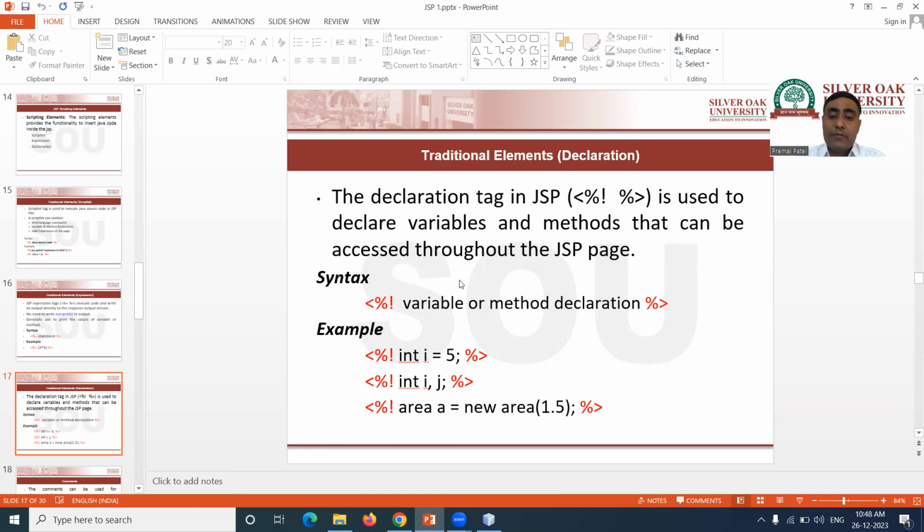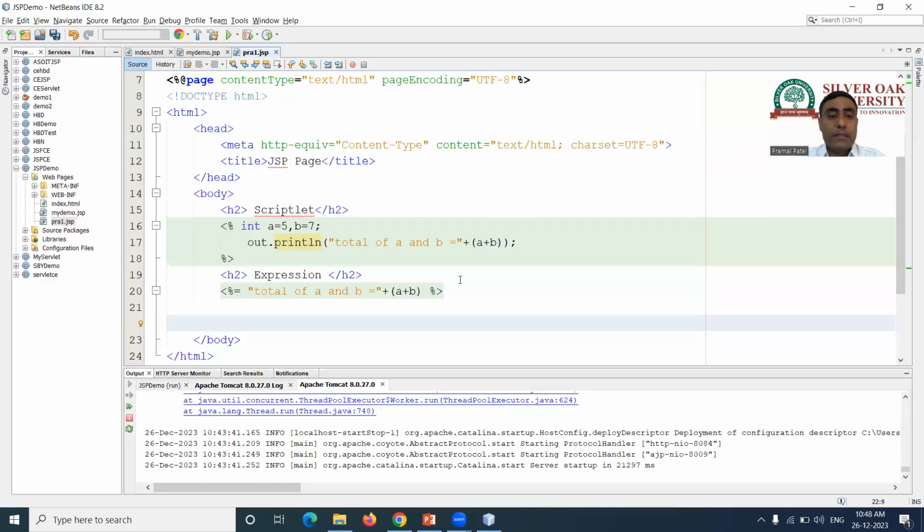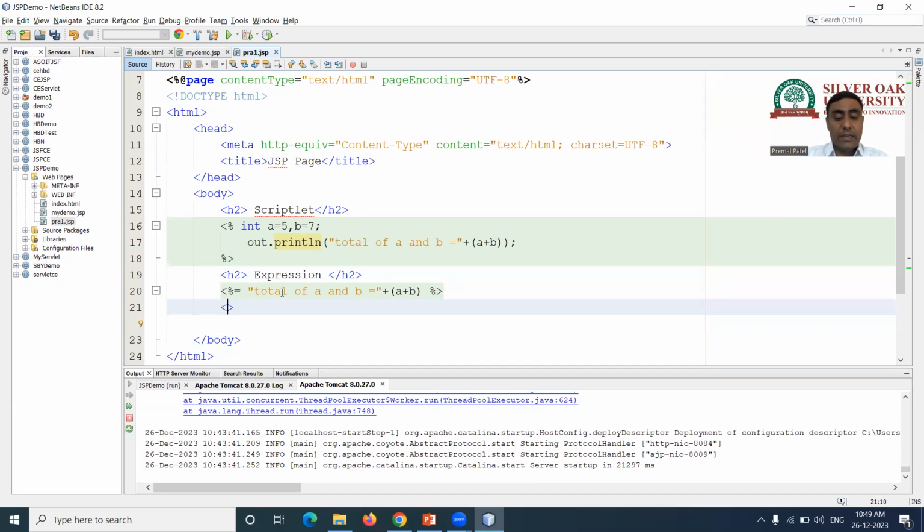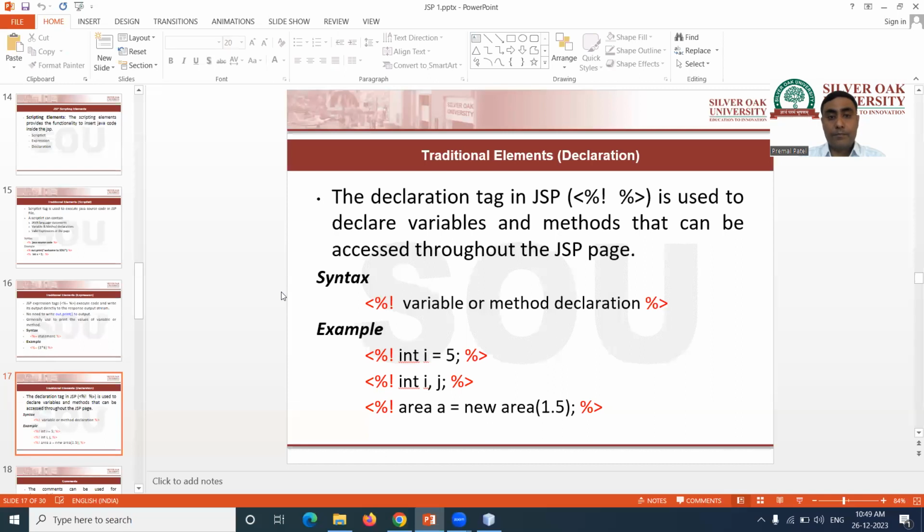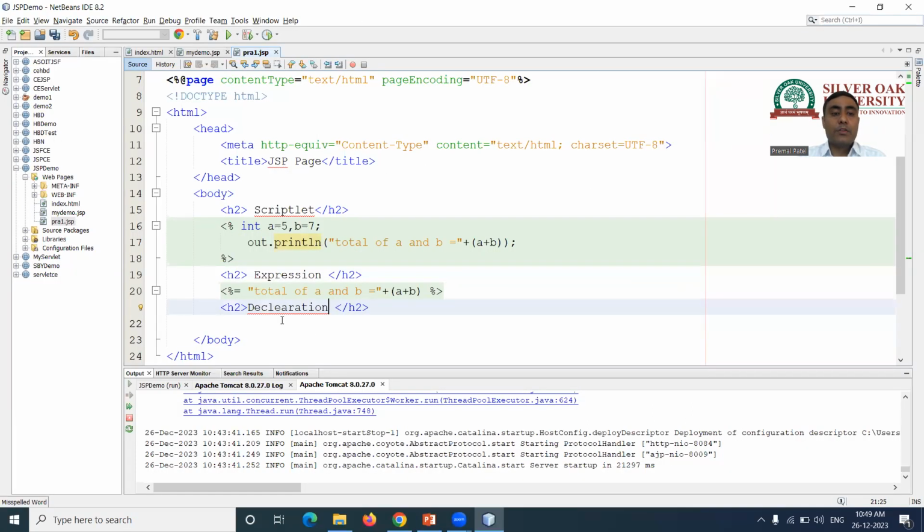Here you can see the variable I have declared over here, but using this declaration, I can declare the